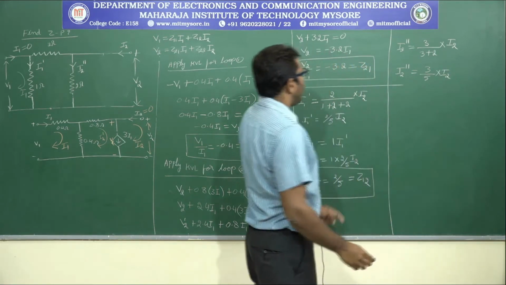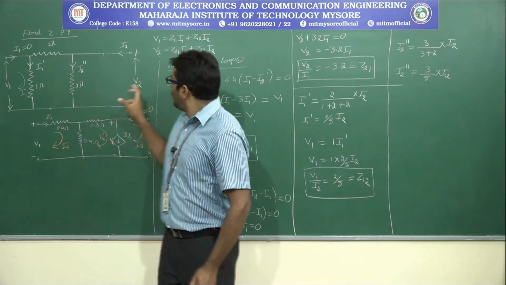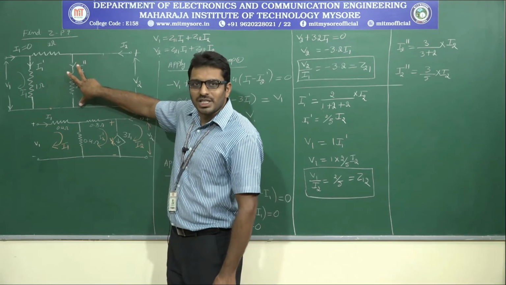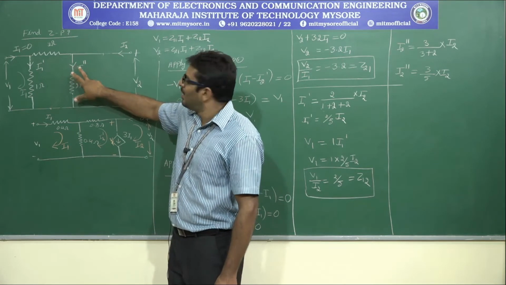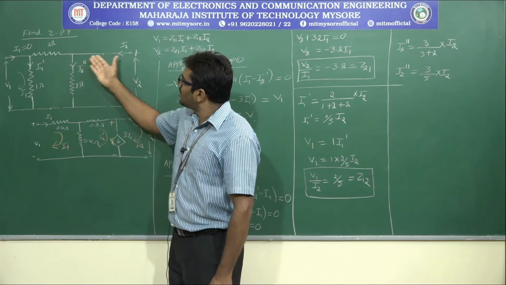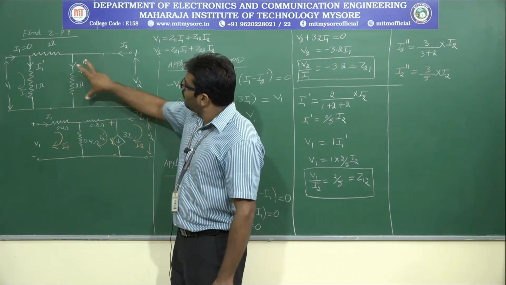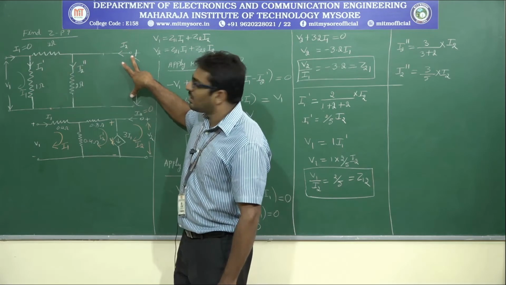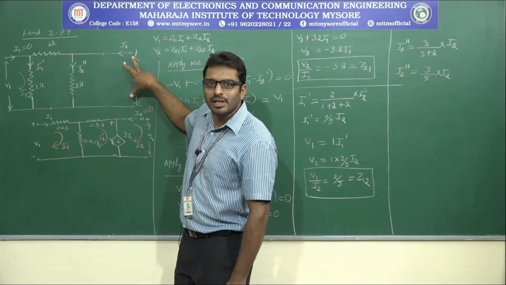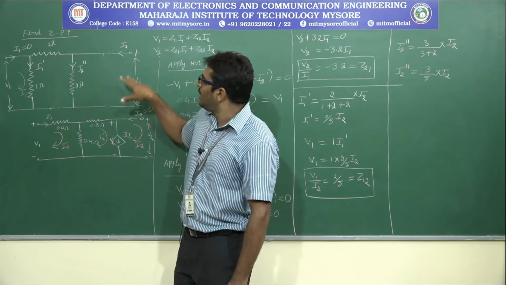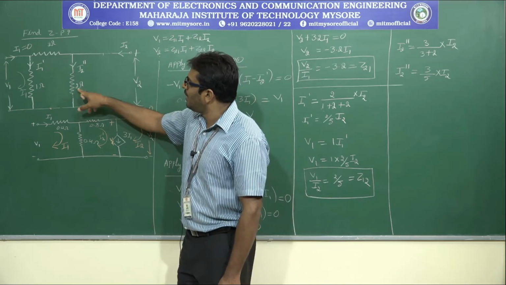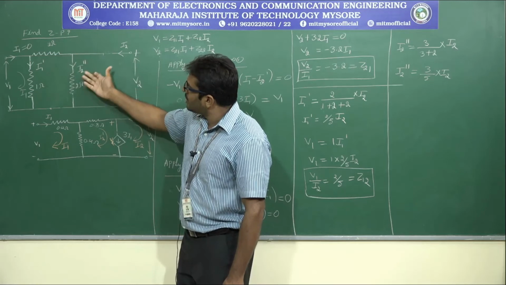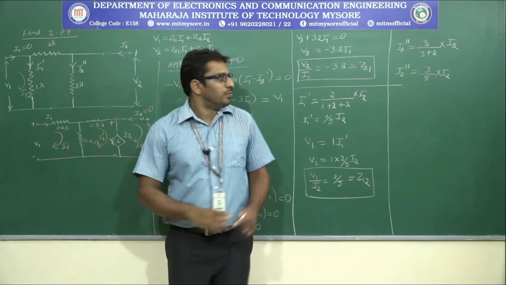So I2 double dash is equal to 3 divided by 5 into I2. But what is V2? V2 is nothing but the voltage across this 2 ohm resistor. Correct, right? Because there is no resistive element here, the voltage across the 2 ohm resistor is exactly the same as the voltage across these open output terminals. Therefore V2 is equal to, V is equal to I into R, what is the current flowing through this 2 ohm resistor? I2 double dash into 2.